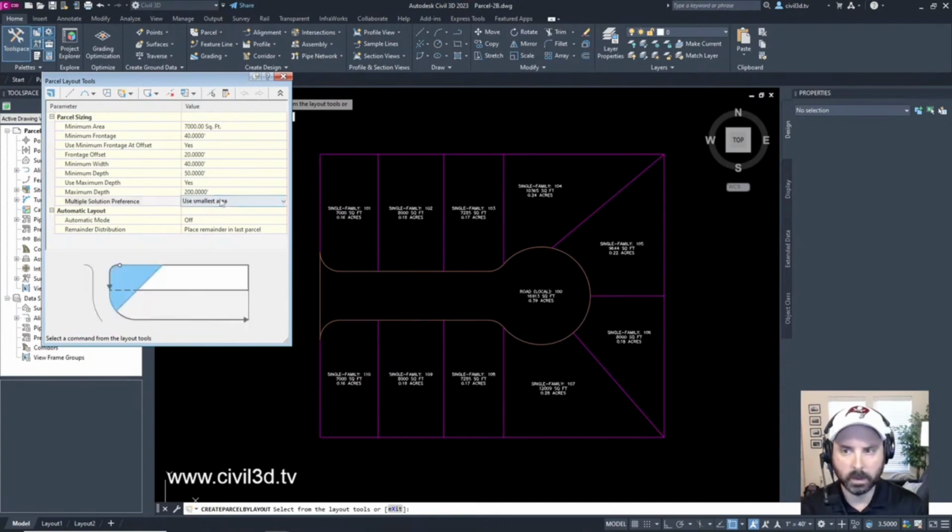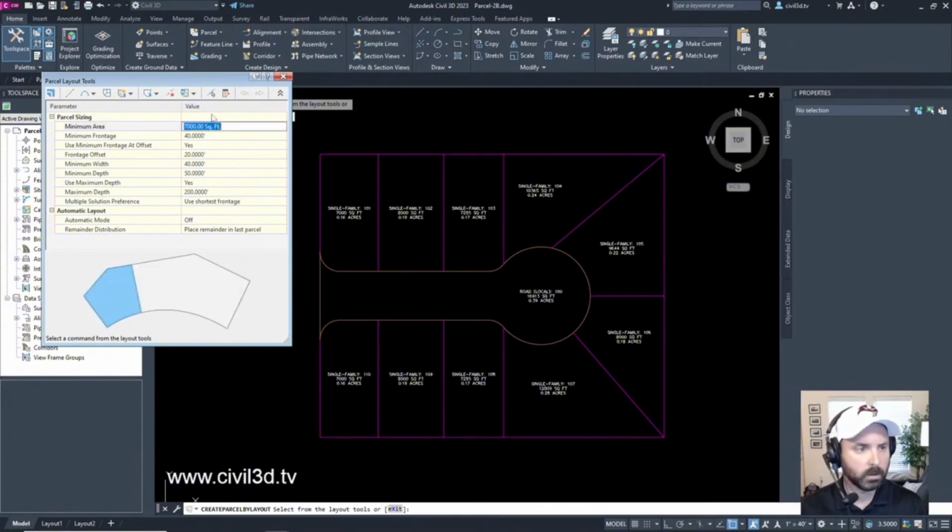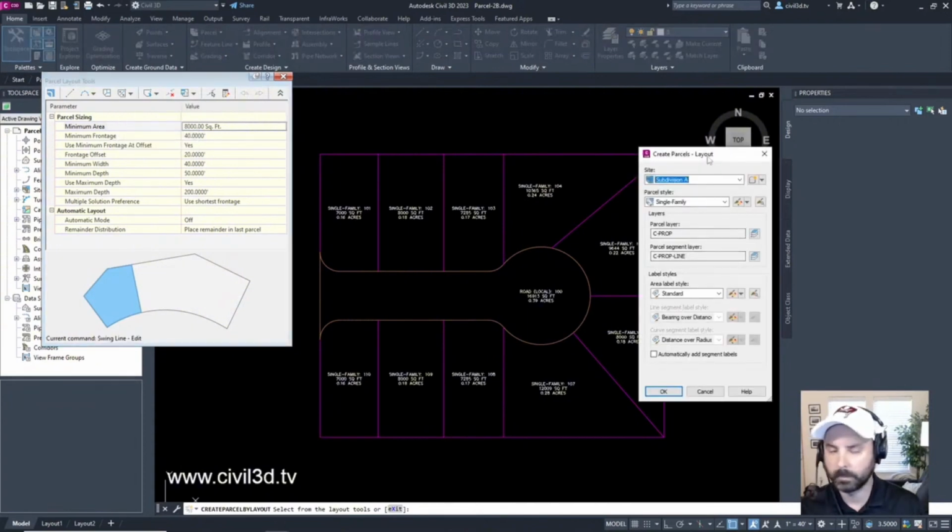Everything looks good here except for this. Use shortest frontage. You can see what's going on with the graphic. Everything else we're going to keep at its defaults. Minimum area, we got to change that to 8,000. Okay, here we go. Click this. Swing line edit. We're going to click OK.